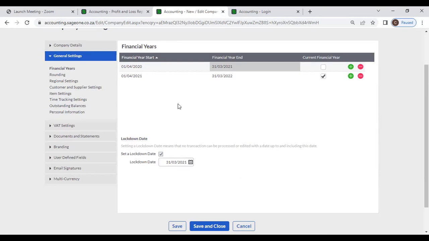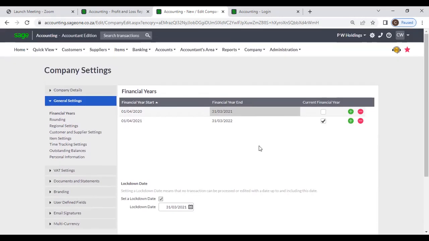Right. And one important thing, now when you are creating financial years, normally most systems have year-end processes. You need to take backups and do a year-end process. However, in this software there's no year-end process, and now this financial year ends on 31st March 2022, and when the first user logs into the system on 1st of April